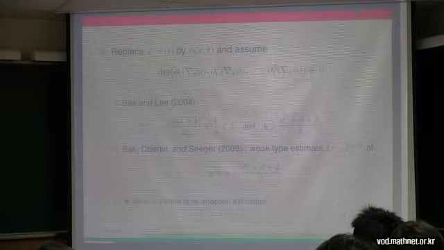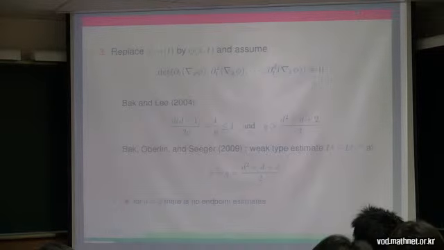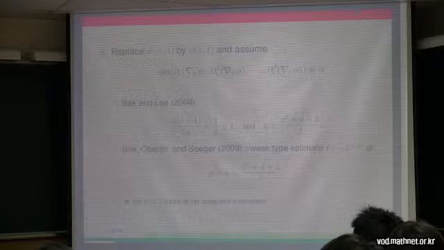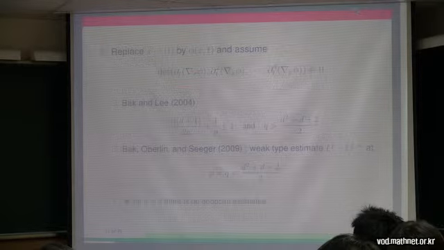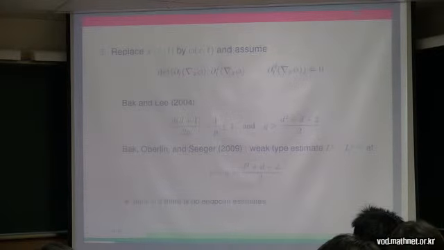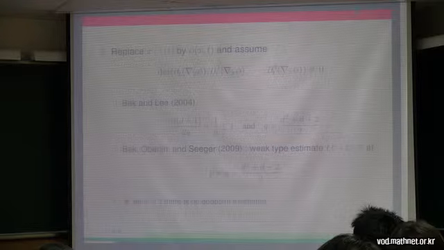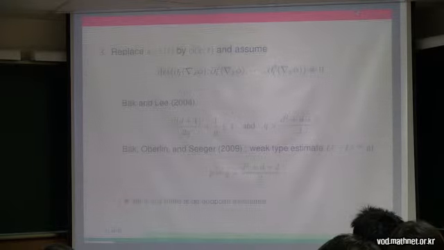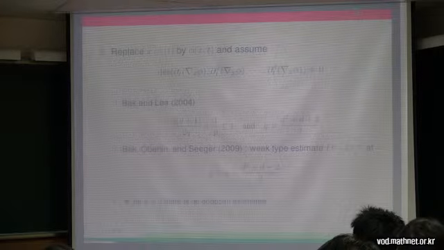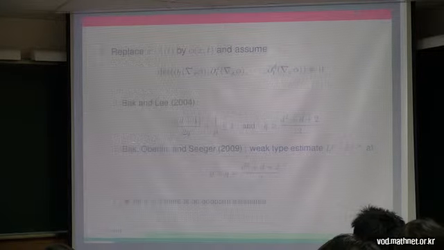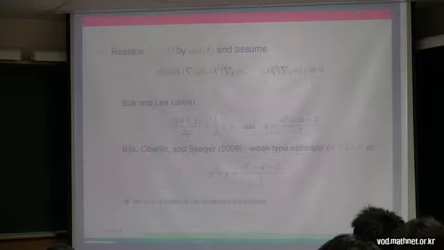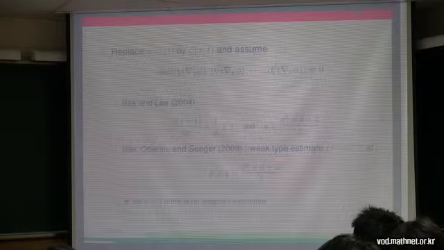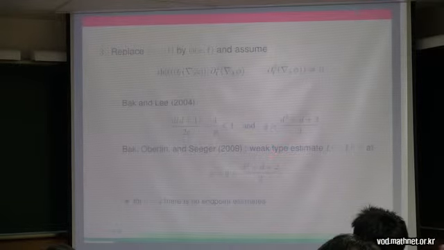We call this situation the variable coefficient case, and this condition is also some torsion condition on this function. There were also some results by Bak and Lee, and Bak, Oberlin, and Seeger obtained some weak type estimate